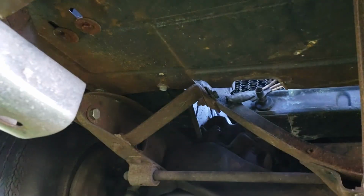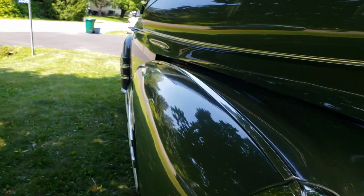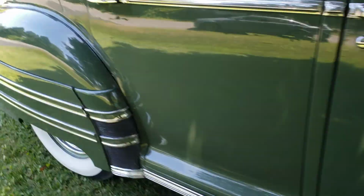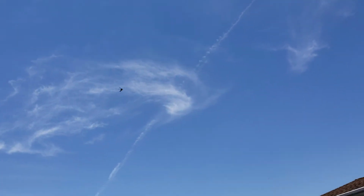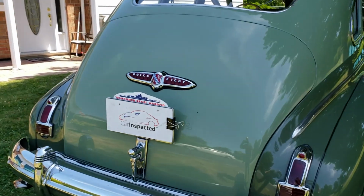You can probably tell I'm having fun. This is a piece of American history. Now, I'll highlight a few things that I just learned. So the first thing is,